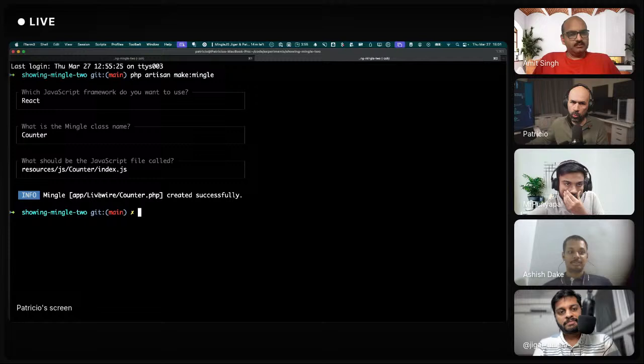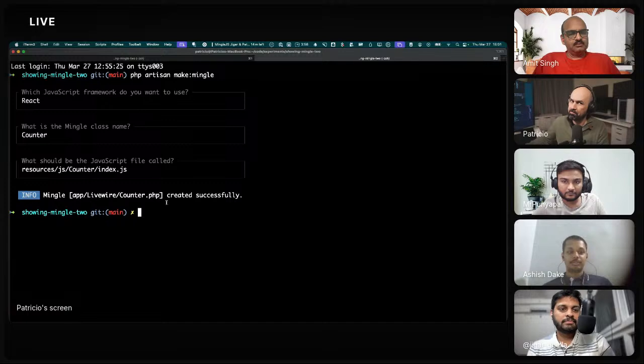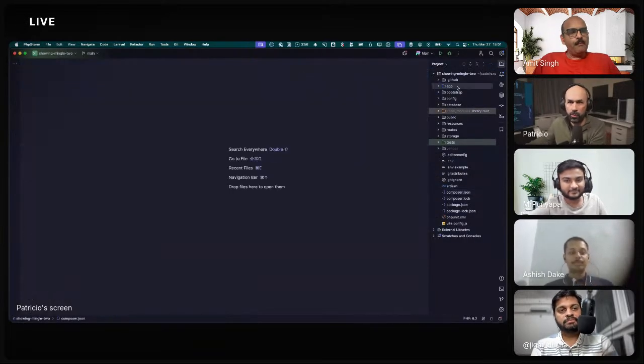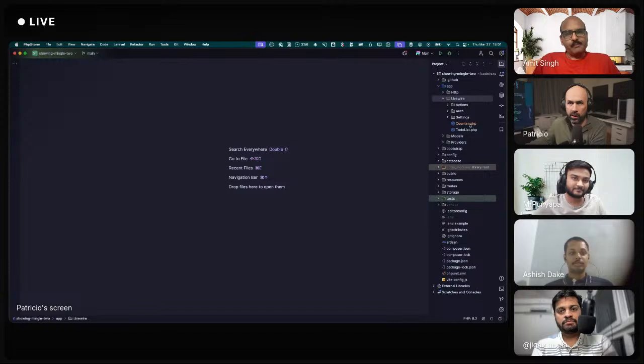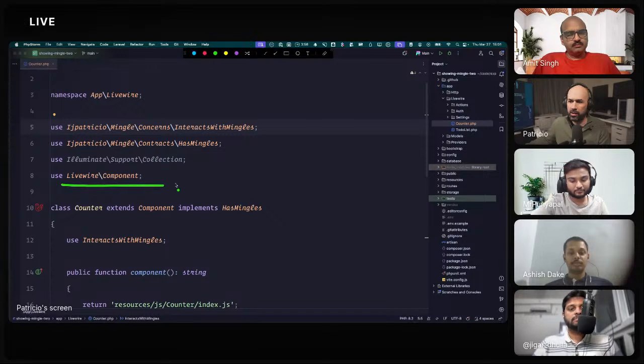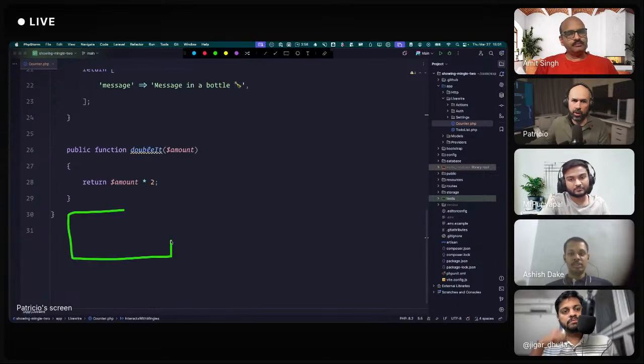So that's it. We have a new Livewire component, which is a little bit modified to be the so-called mingle. So if I go to the counter component, we'll see this is just a default Livewire component. If you don't know Livewire, by convention there is a render function at the bottom of the file, and we don't have it.